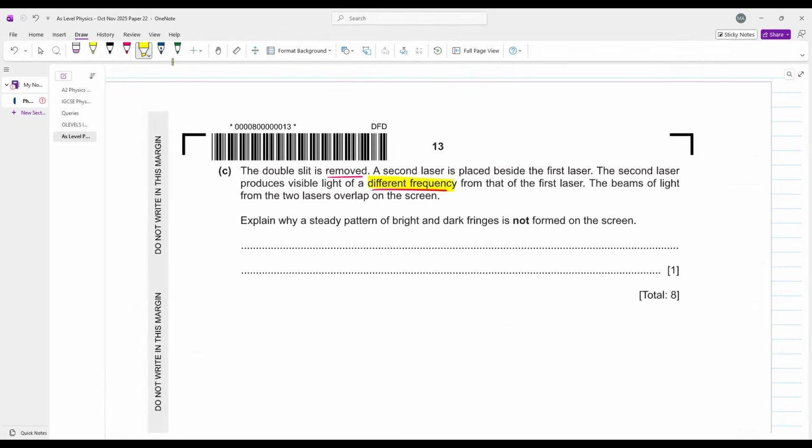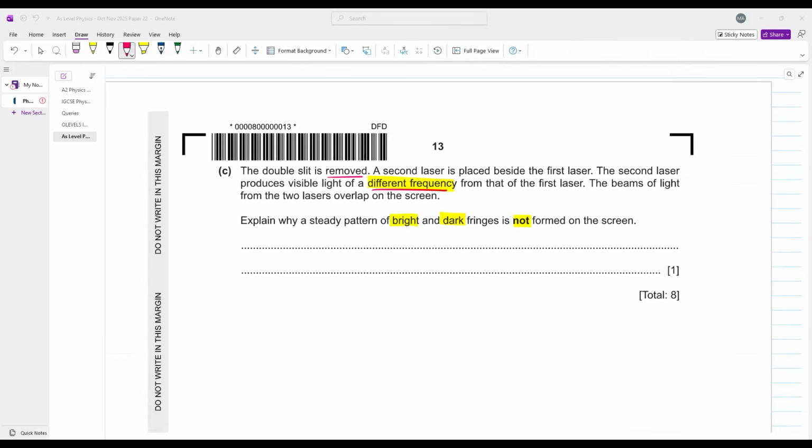You have a light of a different frequency from that of the first laser. The beam of lights from the two lasers overlap on the screen. Acha ji, the light from the two lasers are overlapping on the screen. Perfect. Explain why a steady pattern of bright and dark fringes is not formed. बेटा बहुत evident है because you have lights of different frequencies. The lights are of different frequencies, hence they are not coherent, hence there is not a steady pattern of bright